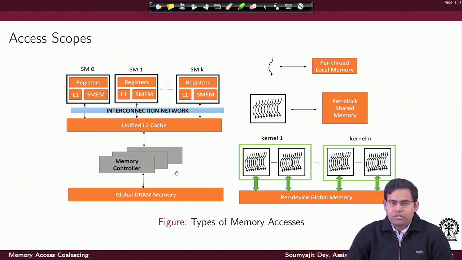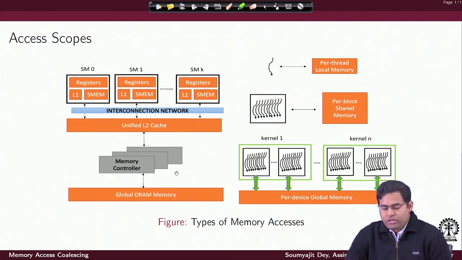So, each thread doing its computation has its own separate private memory segment allocated in the global memory, that is, allocated in the DRAM, which is known as the local memory for the thread. For every thread block, you can, as a programmer, define an amount of shared memory which is available to the thread block for doing its computation.